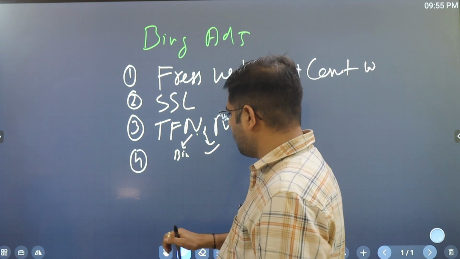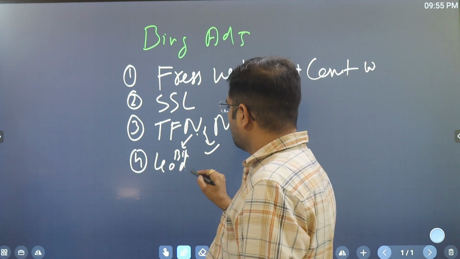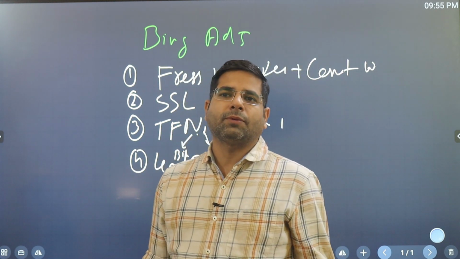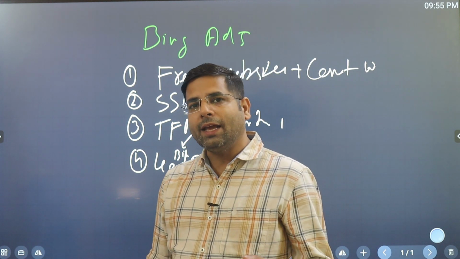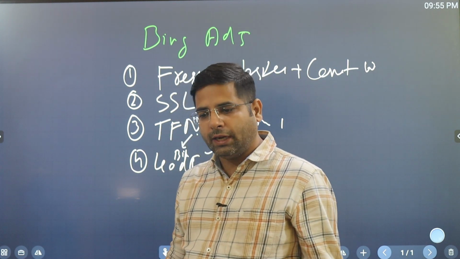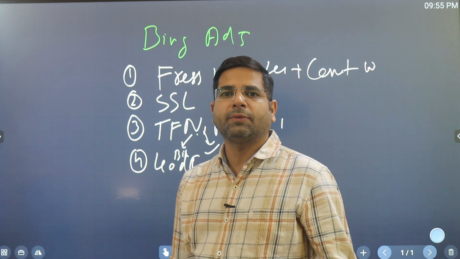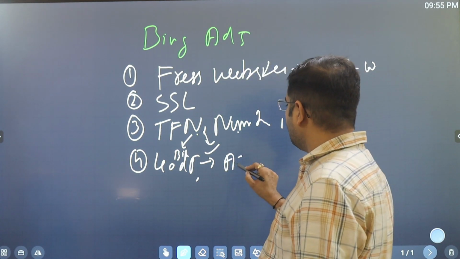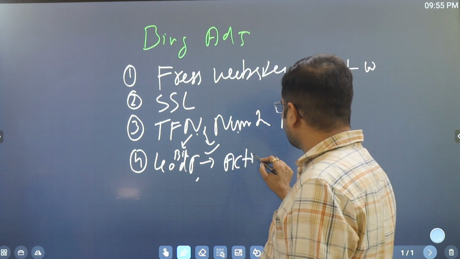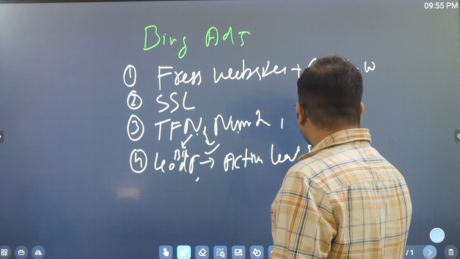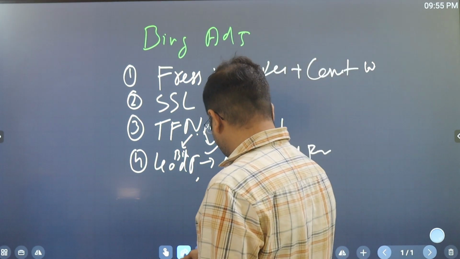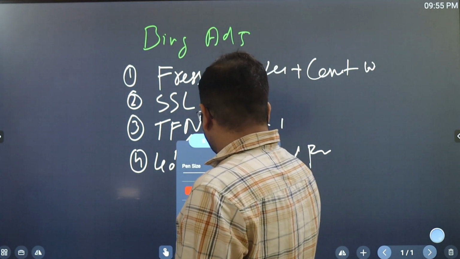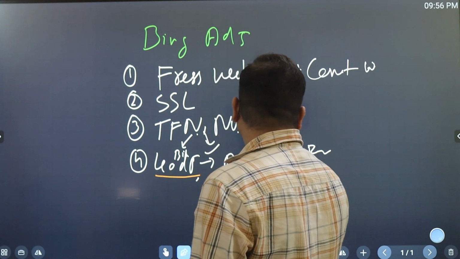The fourth one is, if you are targeting to generate leads, let's suppose you are trying to run travel websites, or you are trying to run an airline campaign and you are looking to generate leads or bookings with the help of your website, then you need lead forms. Actually we can say that you need an active lead form. Okay, let me change the color so that you can understand easily. You need active lead forms.